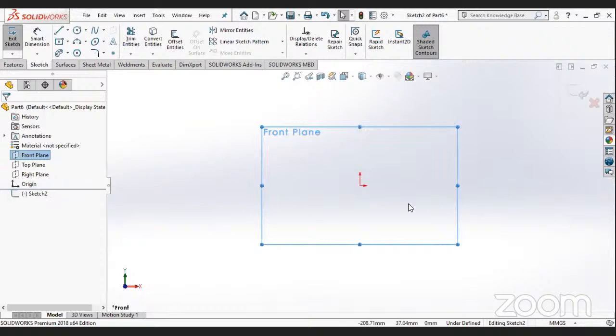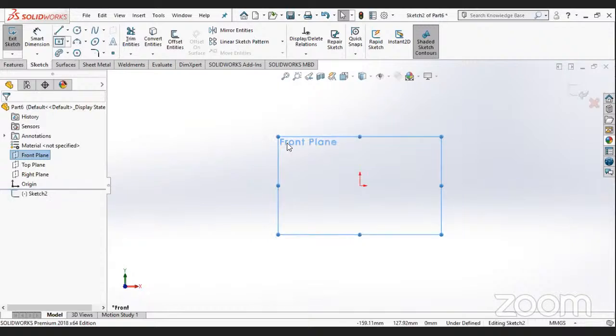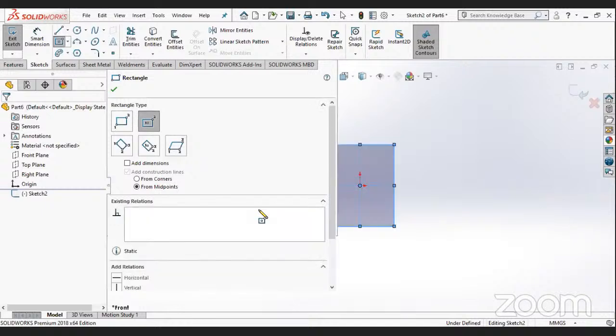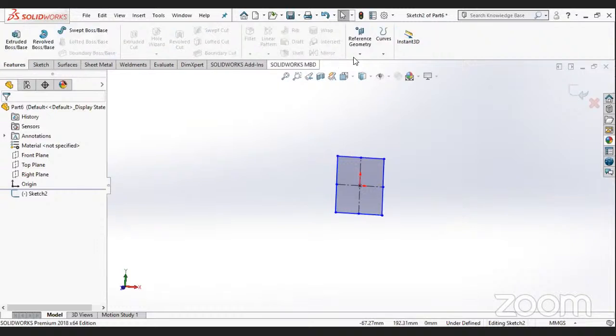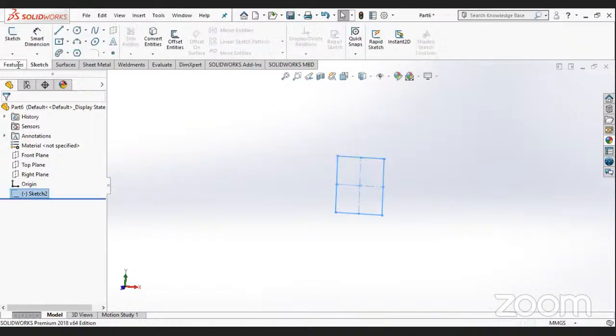For that I will have to draw something. So I'll just draw a square here. After drawing the square, you can see there is no plane appearing, so you have to take care that you're exiting the sketch. Then go in the feature,